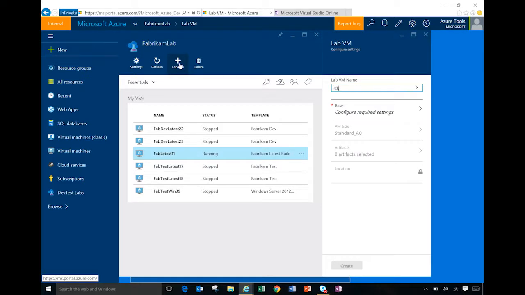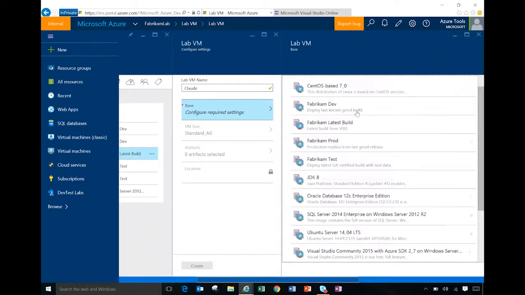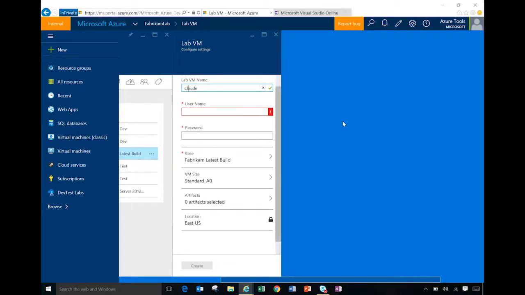To create a VM, I actually give it a name, and since I have no imagination, I'll call it Claude, with a typo. Let me fix that. And then I pick a base for my VM. So the base can be either an Azure VM standard or something that we created specifically out of the build system for our team. So in my case, I'll just take a Fabrikam latest build template, and from there I could just go and give it a username and password I want on that VM,